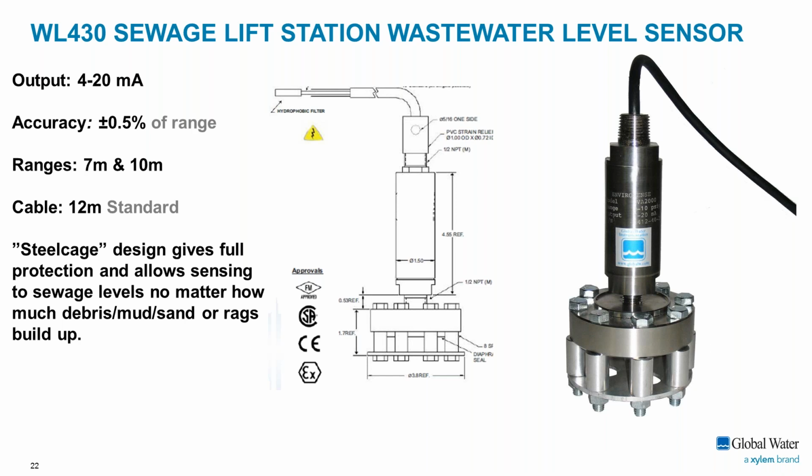It also outputs a 4 to 20 signal, so as pressure is applied to it, it will output the 4 to 20, very similar to the WO400, except the application is going to change, where we're getting into a very thick mud, or you're going into a treatment plant to some influent or some real thick waste where you just want something a little bit more heavy